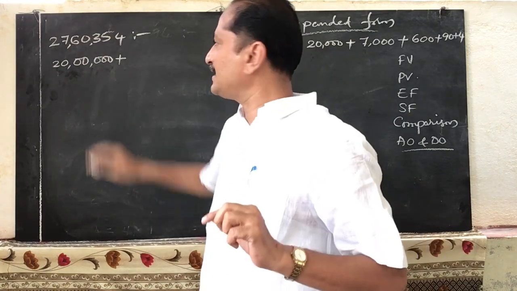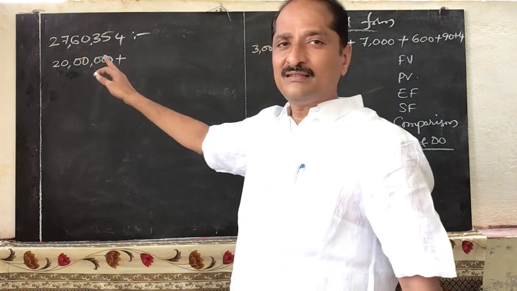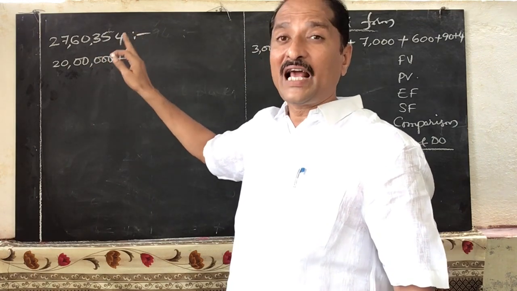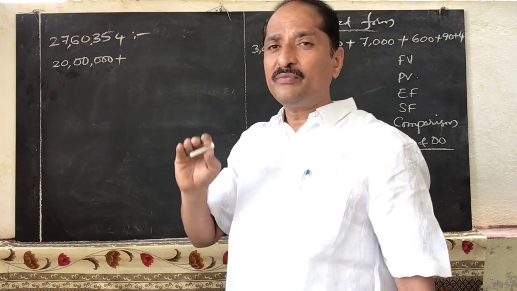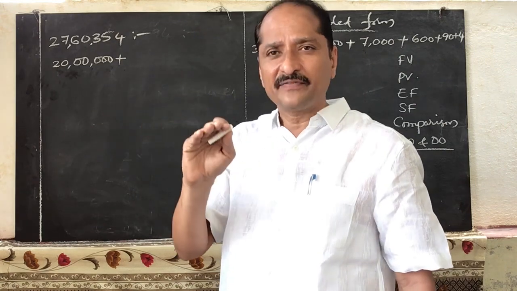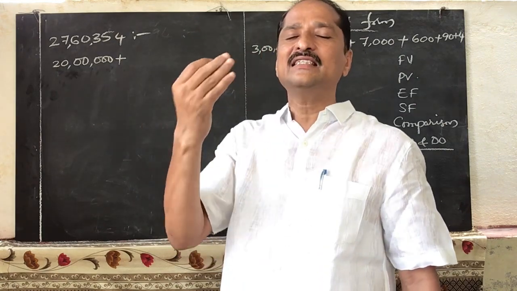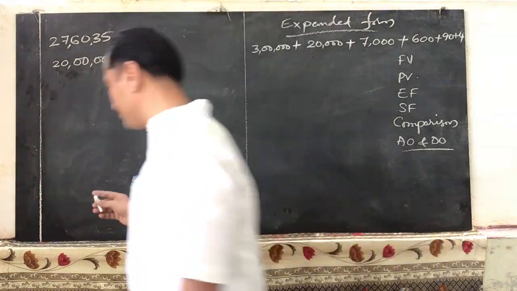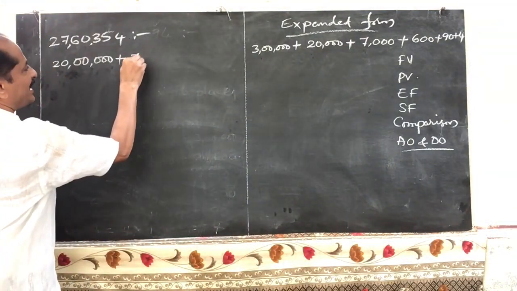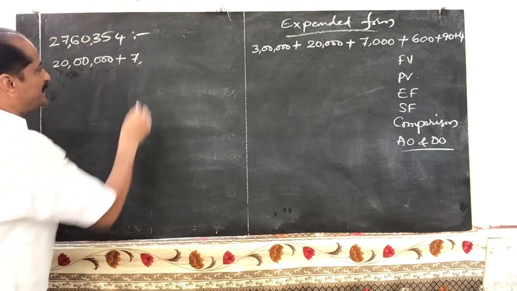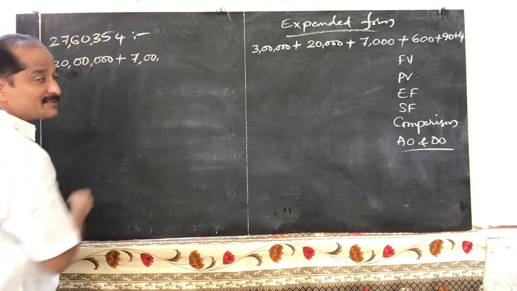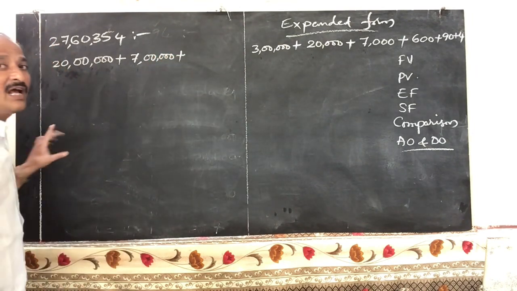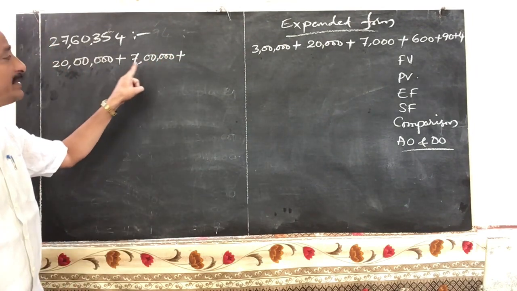So 20 lakhs plus next lower than 20, 2, 7. 7 is in which place? 1 lakhs place. So 7 we should multiply with its place. 7 is its face value and 1 lakh is its place. So 7 into 1 lakh gives 7 lakhs. 7 lakhs means 7 we have written in lakhs period. Next lower than lakhs period, thousands period. Next lower than thousands period, units period. Units period has 3 places. So 3 zeros we are writing. See, observe carefully how we are writing. This is very, very important. Immediately you can write down.